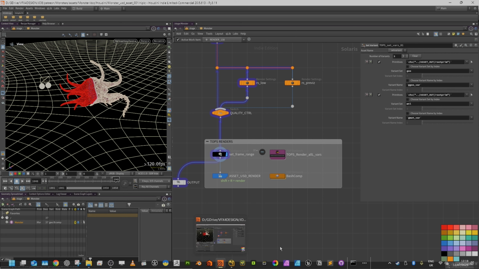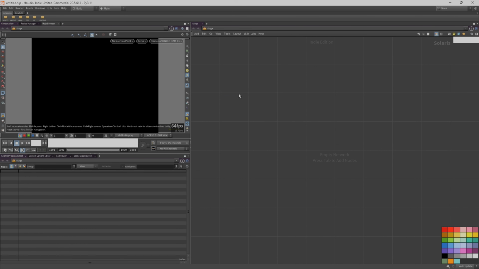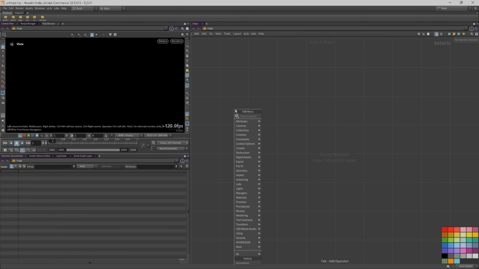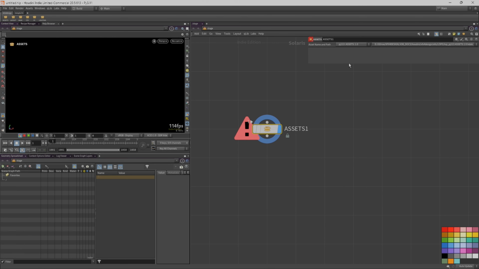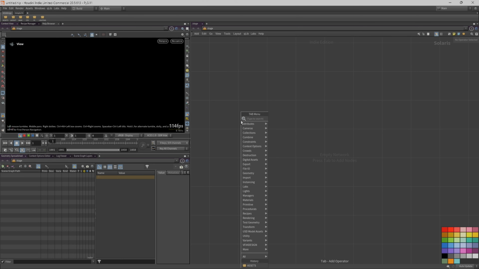So I'll show you. So here's Houdini, and I'm on the stage, and if I just go asset reference like so, and we're not in a, no, that's the wrong one. Asset reference, this guy,